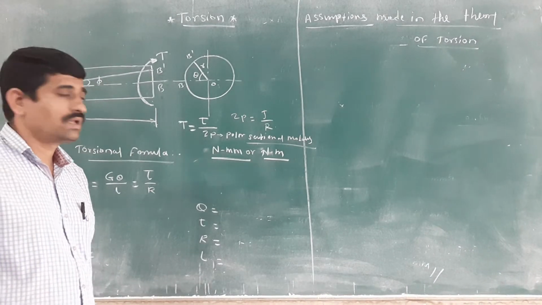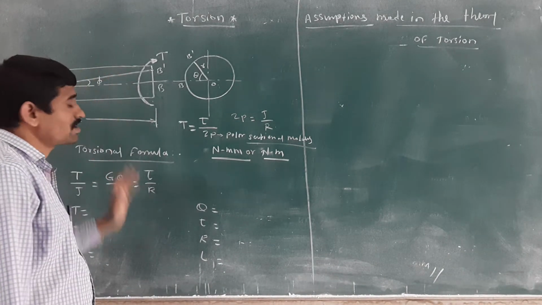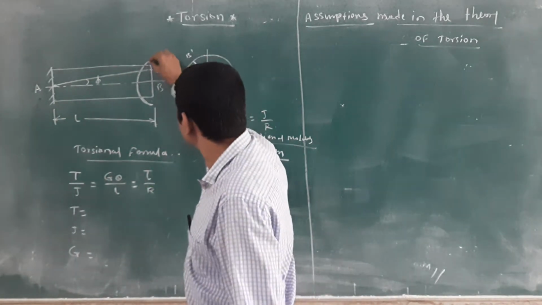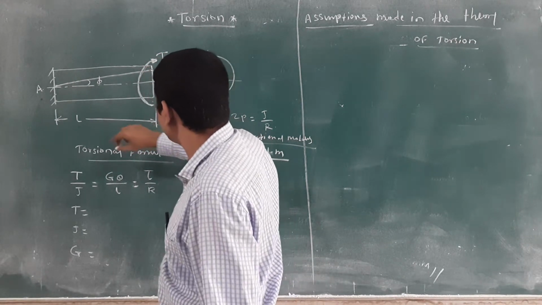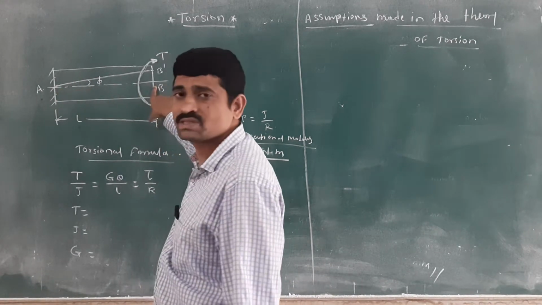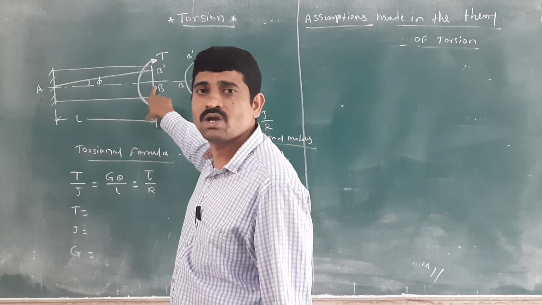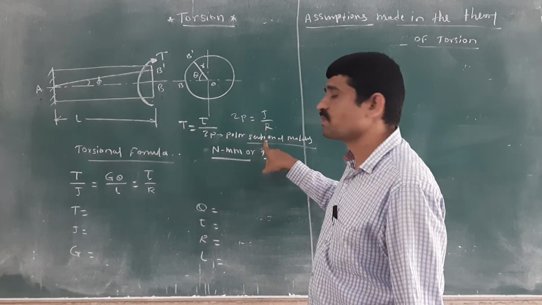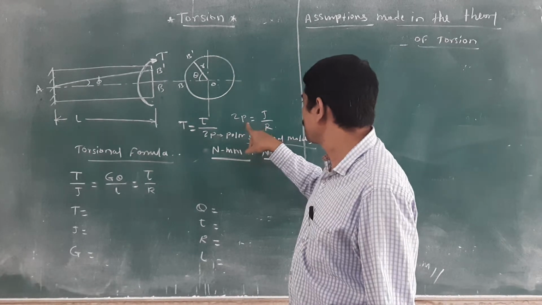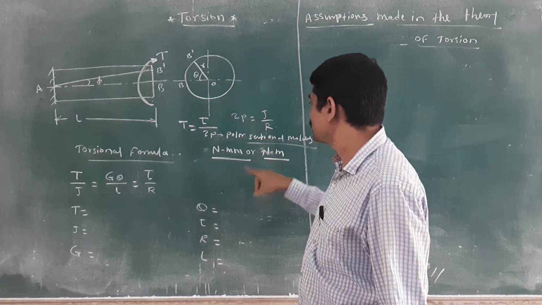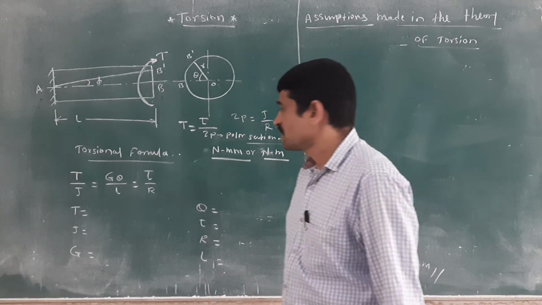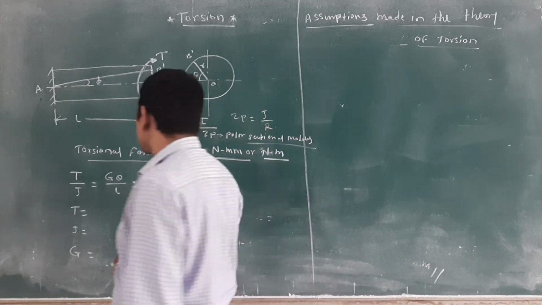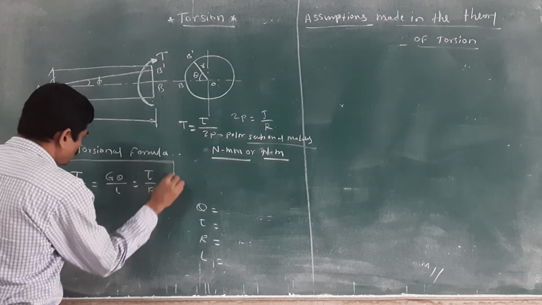All of you getting what is meant by torsion? You should remember the torsion definition. A member which is subjected to a couple which produces rotation about its longitudinal axis is known as a twisting moment or torsion. It is denoted by T. T is equal to tau by Zp. Zp is the polar sectional modulus, and again we can write J divided by R. Unit is Newton mm or Newton meter. Then, as the derivation is given, we will skip this derivation.